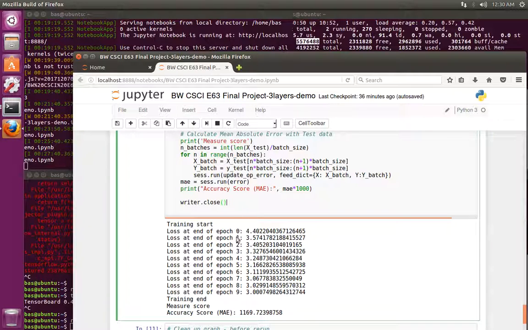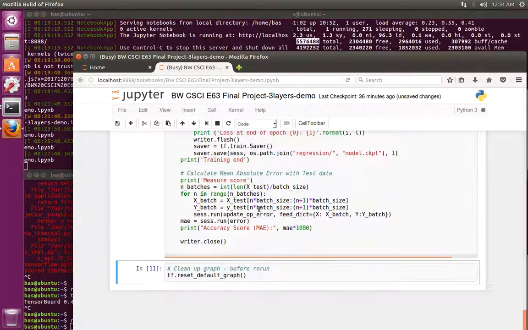So this is from the last run. I can complete 10 epochs and achieve an accuracy of 1169. So let's do a rerun. Just run that, and then